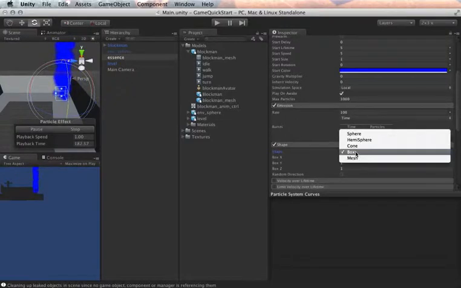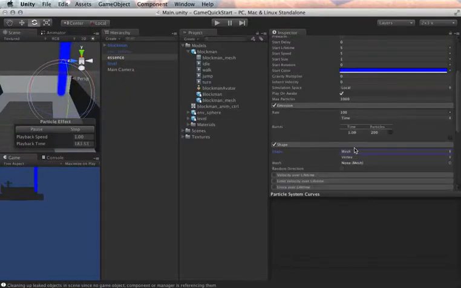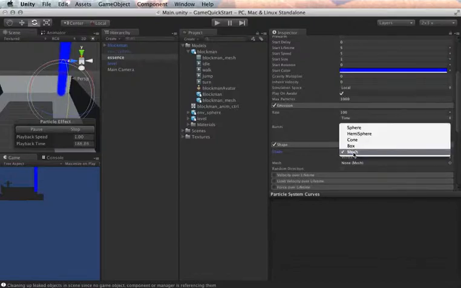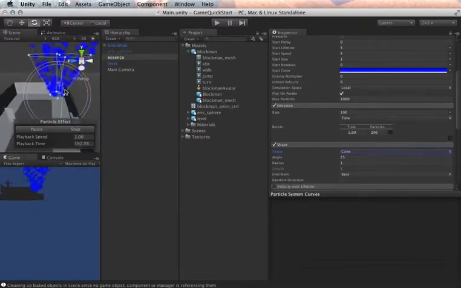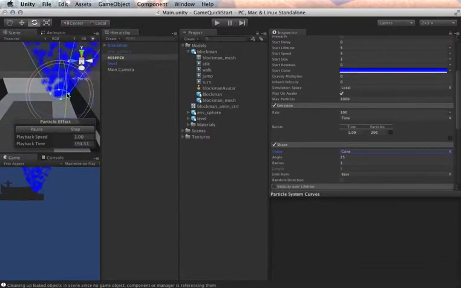Box, or we can set up a constant mesh, and we can simply assign the mesh that we want it to emit out of. That could be handy as well, maybe if you are trying to simulate some effects of an organic shape that's emitting particles for some reason. Now for us, actually a cone is perfect. That's exactly what we're looking for, so we're going to keep it at the default setting,